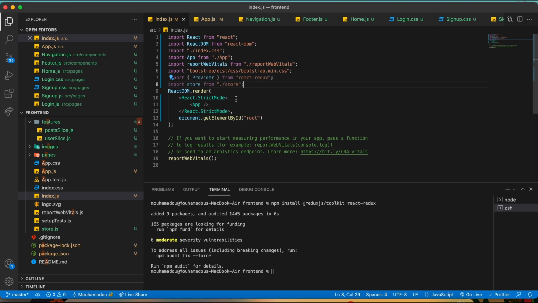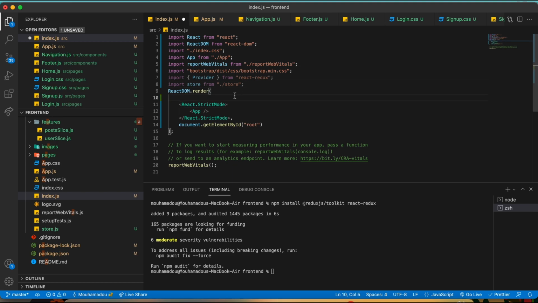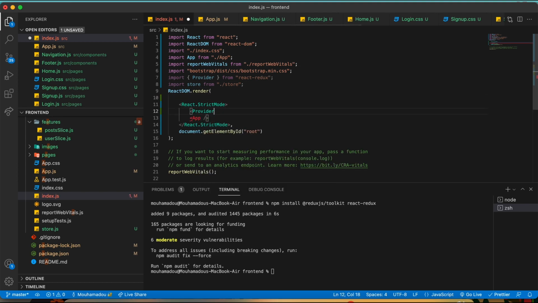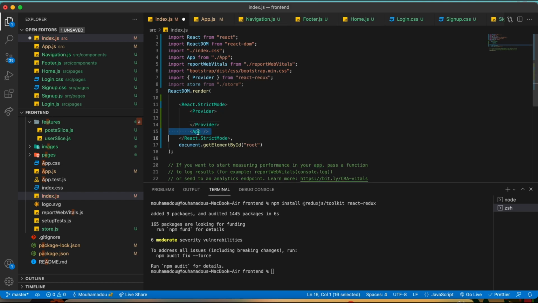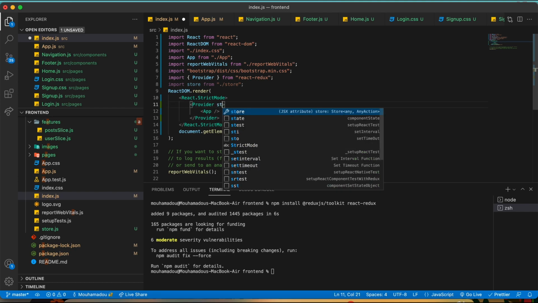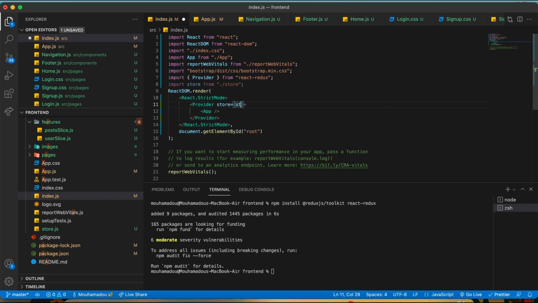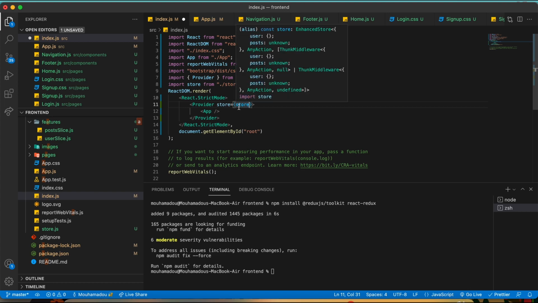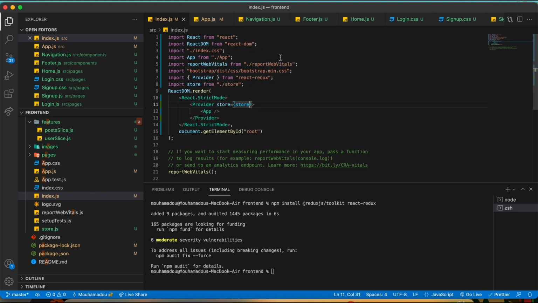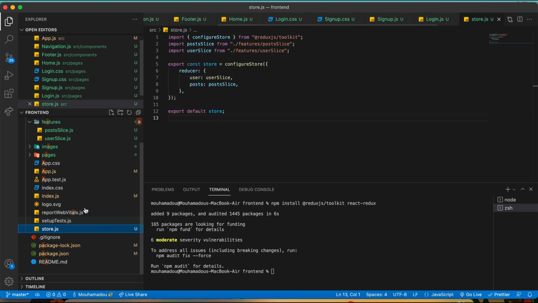and this provider is going to wrap, so it's going to provide the store to my app. So it's like provider, and it's going to wrap the app component, and we can have a store. So it takes a store, and this is going to be our store. Okay, let's see if it's exporting it correctly. All right, so let's see now